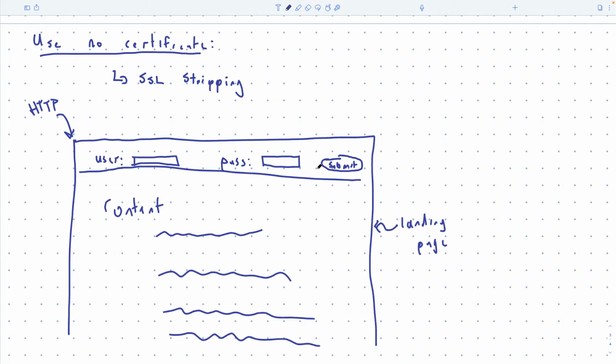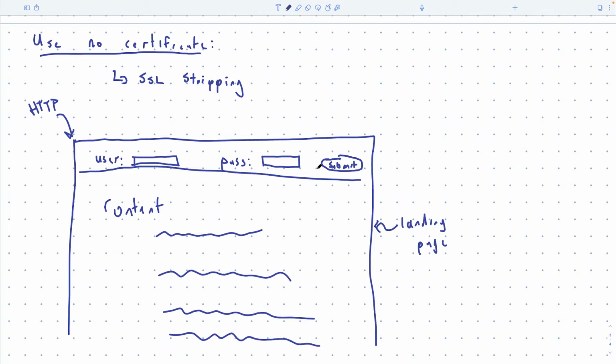So when I program that submit button in HTML, I just give an instruction, it's called a post message, and I say, here's the two fields, and I want to send it to this URL. So take whatever is sitting in the username field and in that password field, and send it to this address. That's what I write in HTML. And in that address, I can put HTTPS. So 99% of websites, that's how they would work.